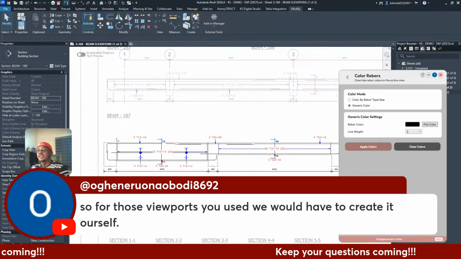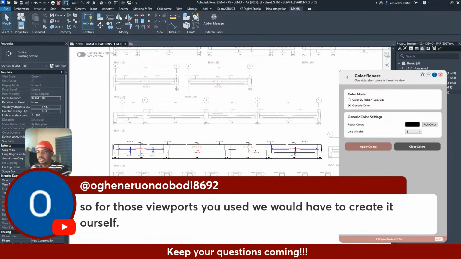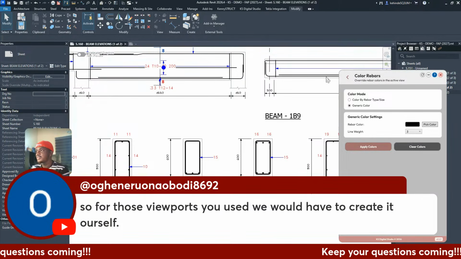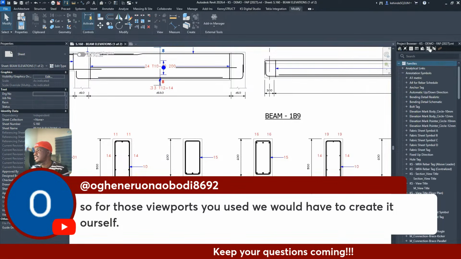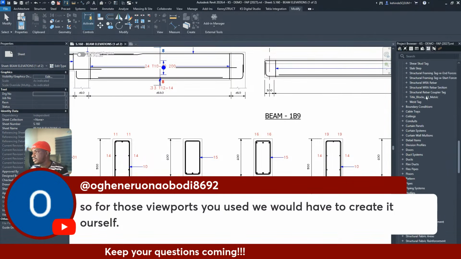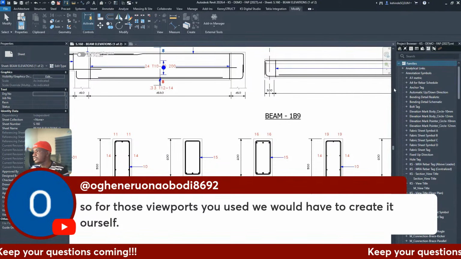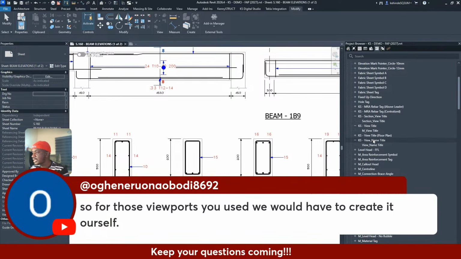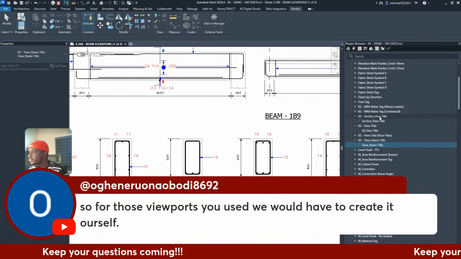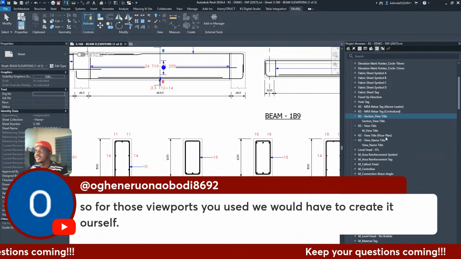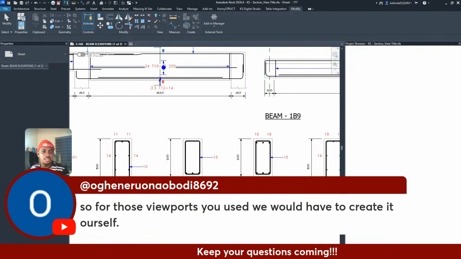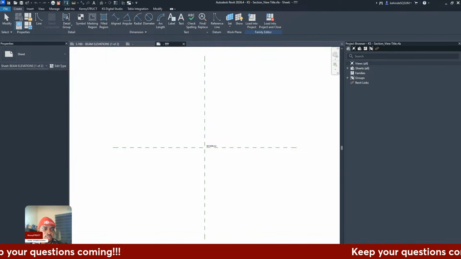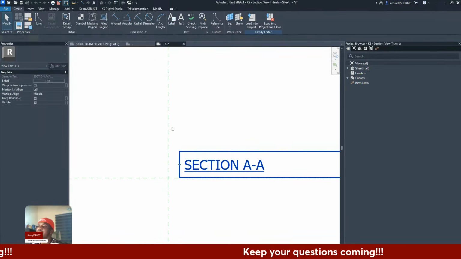But yeah. So now, to answer your question, viewports. About the viewports, you should creatively have, if it comes to the family, you would see view titles beyond the annotation symbols. That's all under annotation symbols. This is a view name title, view section title. You edit it with what gives you. Let's type this guy. So you see it, so you can just create it as a